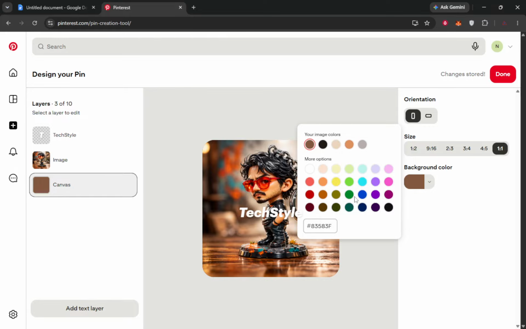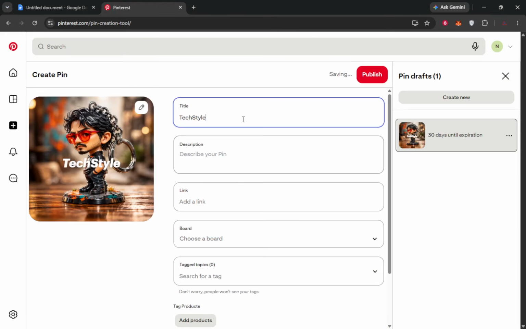After the visuals feel right, add a title, such as Aesthetic iPhone Wallpaper. The title appears under the pin and helps you recognize it quickly inside your boards. It also helps Pinterest understand what your image is about. From there, add a description if you want. You can describe the style, like minimal black and white, or note which device size it suits best. Descriptions are optional, but they can help when you search your own pins later.